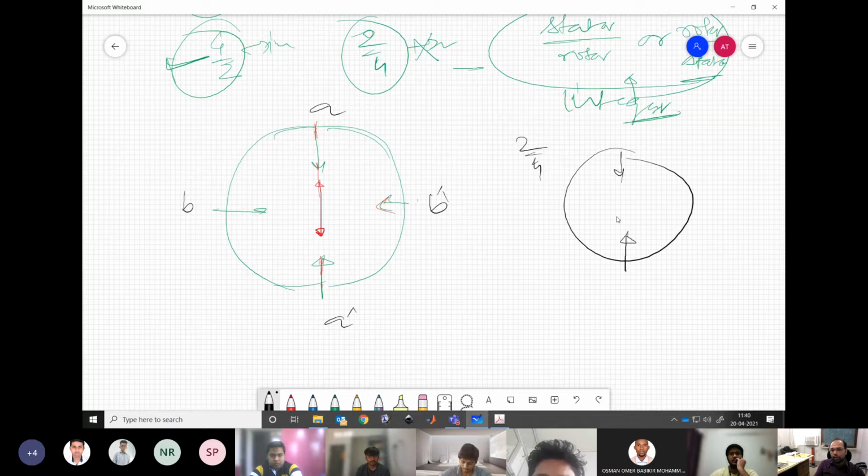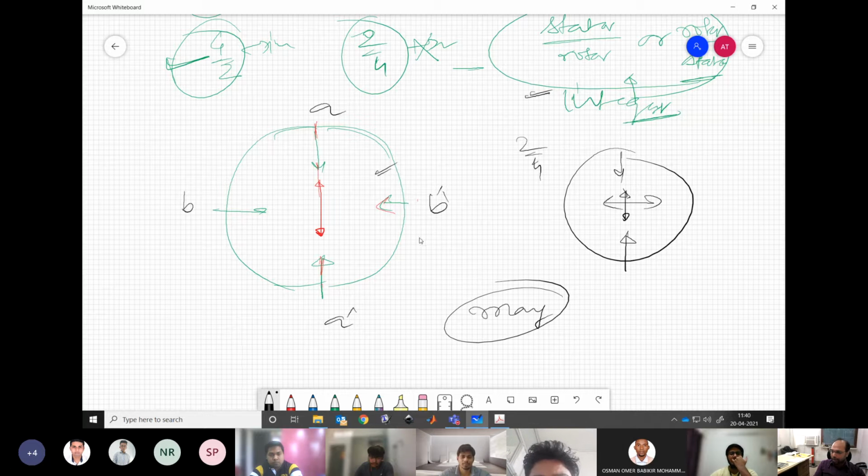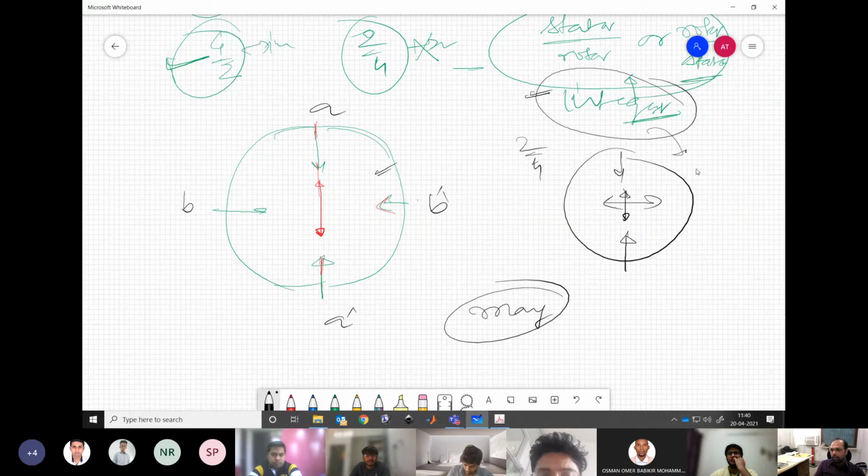This is true for a 2 by 4 machine also. You have only 2 stator but 4 rotor positions. Again, this is the same condition. So whenever this is integer, this may happen. I am using the word may because there are certain machines which have integer combination, but they avoid locking by certain arrangements. They make it a little asymmetric to avoid the locking. Understanding my point?